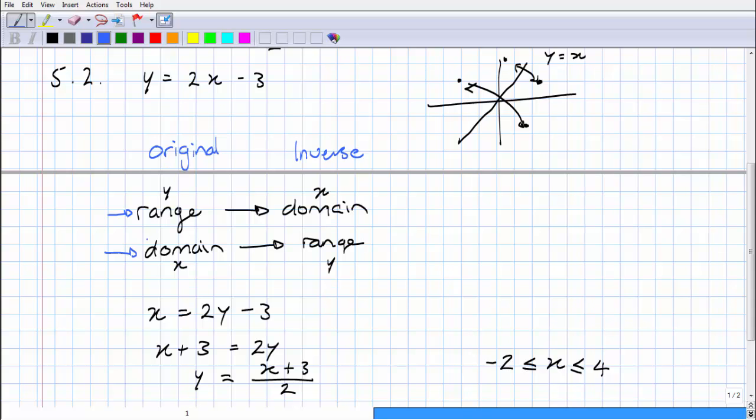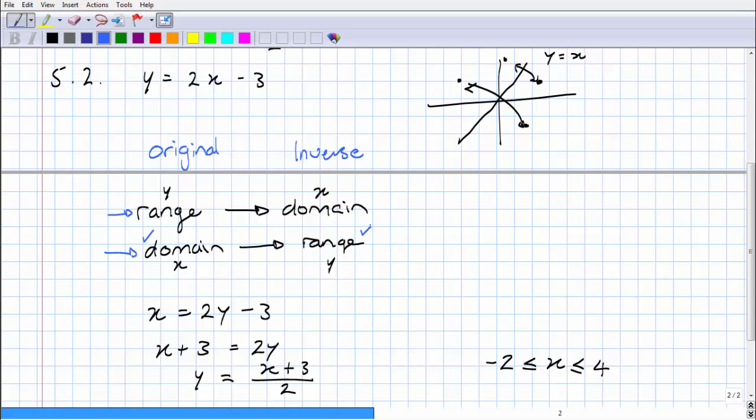So we know the domain of the original, so we know the range of the inverse. If we know the range of the original, then we can find the domain of the inverse, which would be by far the easiest. How do we find the range? Well, if we know the domain,